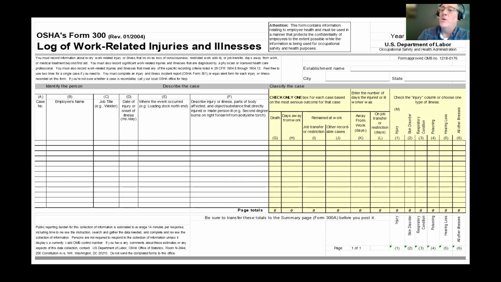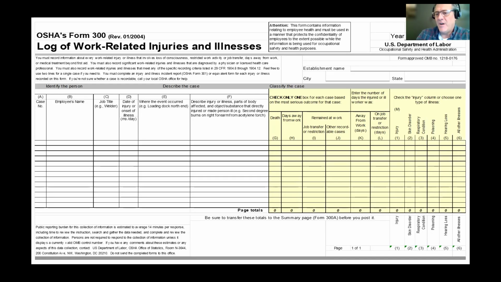Okay. If I'm back to work the next day with no restrictions, meaning I'm doing my normal functions, my everyday job, but I hit one of those other circumstances, the general recording criteria, I have a fractured or cracked bone, not serious, I had a prescription antibiotic ointment for my eye, if I had stitches, but I'm back to work the next day, I have no restrictions, I'm going to classify that in column J. The only 2 places I could put numbers are columns K and or L, depending on the circumstances. We'll go to that in a second. So the only 2 places I will have numbers would be in K and L, depending on my incident.